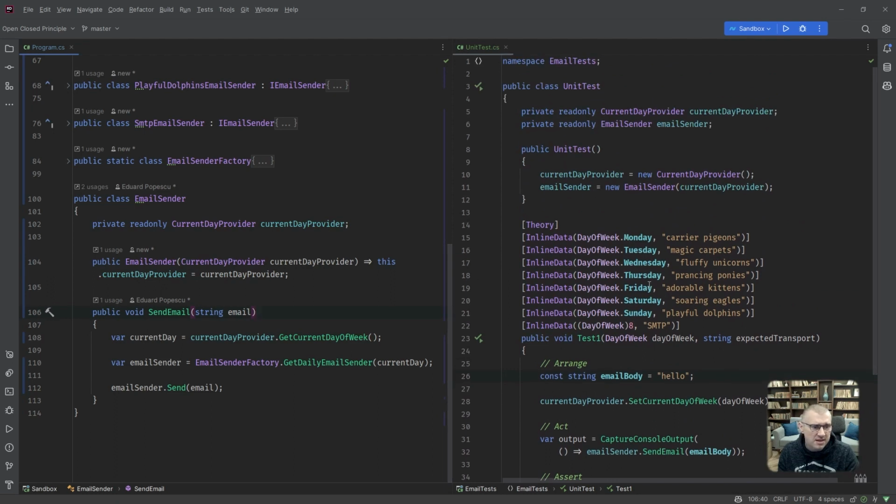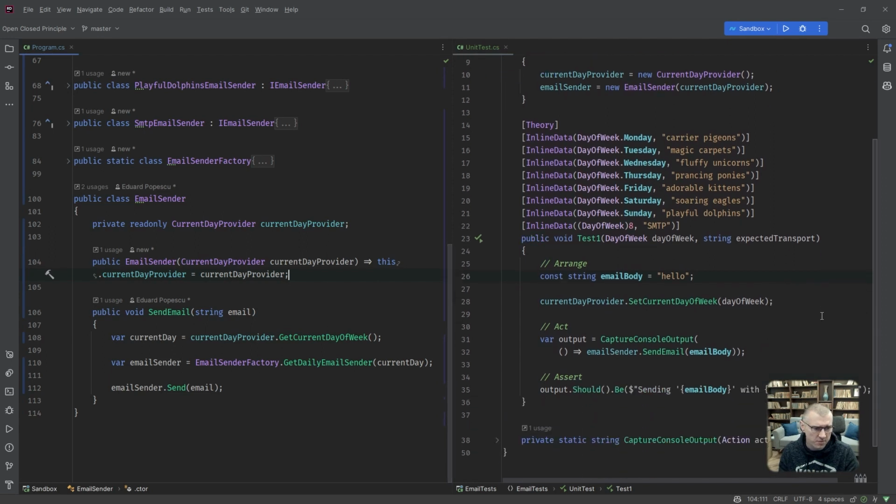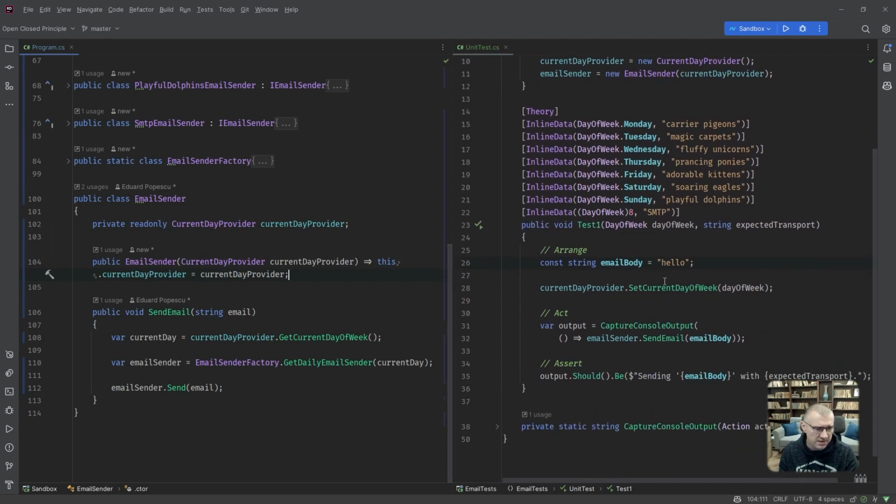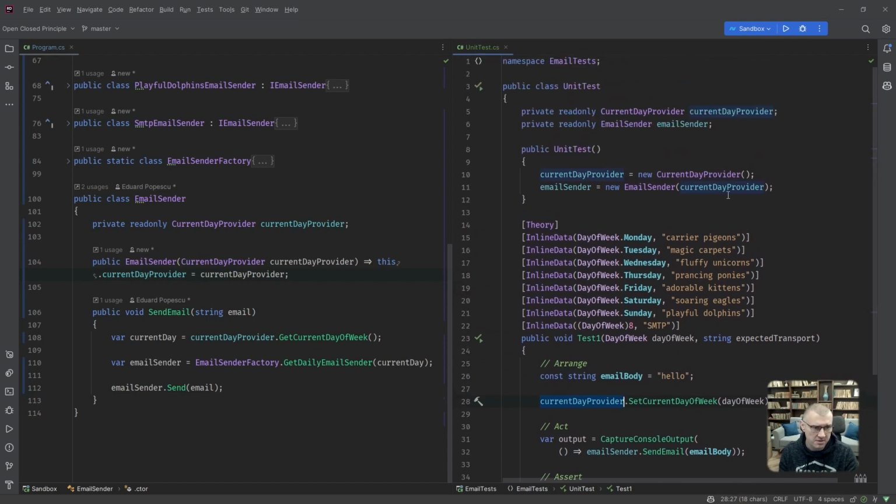The thing with static dependencies is that they're not visible. And obviously you can't mock this and you can't inject it from outside. So if you look at the test, yes, I depend on a current day provider thing, but there is no factory that I can see you depend on. So I could presume that you are not doing this piece.